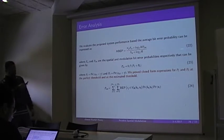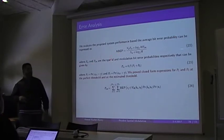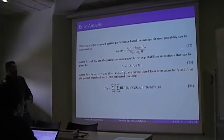In the error analysis, we evaluate the proposed system performance based on the average bit error probability. The average bit error probability is the number of spatial bits multiplied by the spatial bit error probability, plus the number of modulation bits multiplied by the modulation bit error probability,